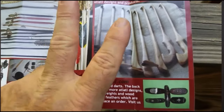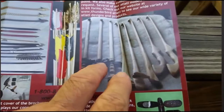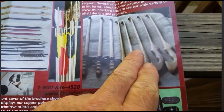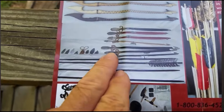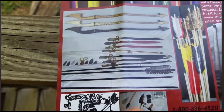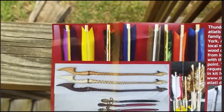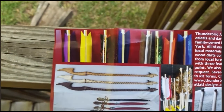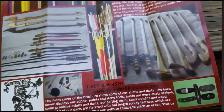These throw kind of like overhand, like a softball, like a baseball. And these, you have to hold like a hammer to throw them. So, another picture here. You can see the different color fletching. So they're really pretty